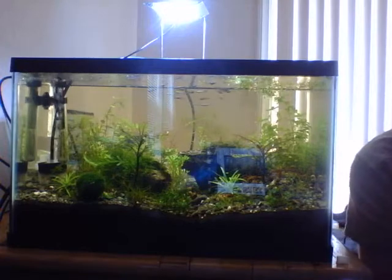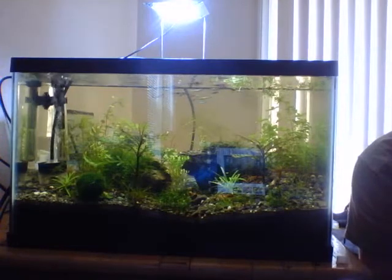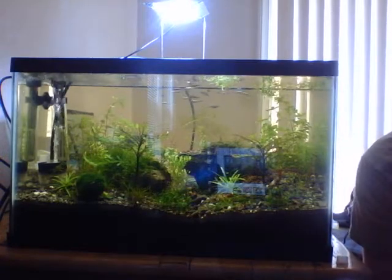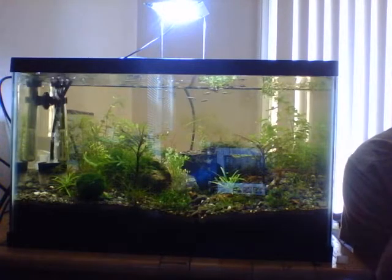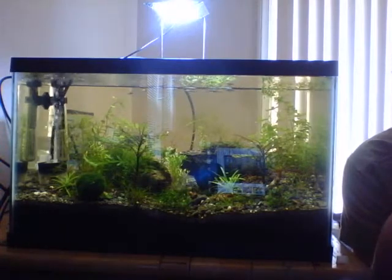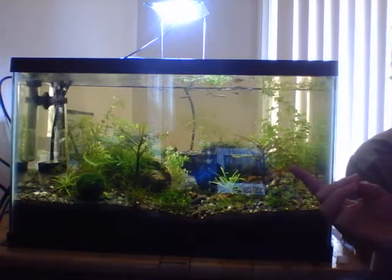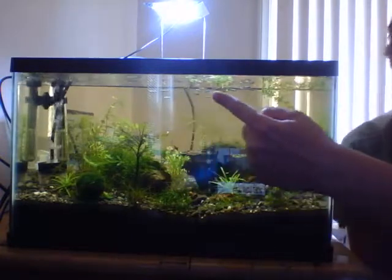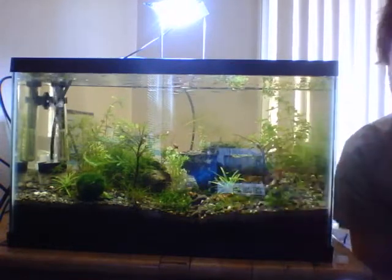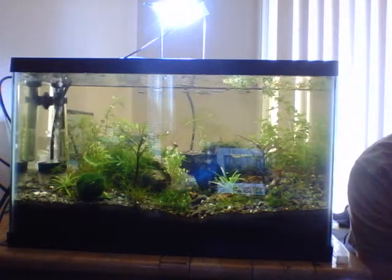I think the bubble filter is amazing. I would highly recommend that to anybody. I used to use not a bubble filter for other tanks when I was younger, and none of them ever really worked, just the ones that pull in the water and then push it out. A lot of people say, oh, your tank needs water flow or whatever. What does it need water flow for? I don't think that it does. And look, as you can see, the bubbles are causing quite a bit of water flow. The bubbles push the water over here, and then they're going to bounce back, and the water is going to go down. There's going to be circulation, so I highly recommend having a bubble filter, because